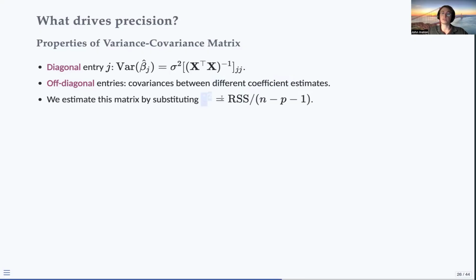using the residual sum of squares, I always think it's RST, RSE, and RSS. This time dividing by the n minus p minus 1, so the